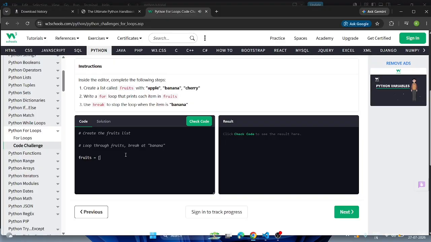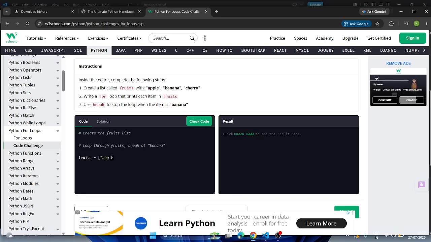Create a list called fruits, because here it is still there. Think of variables as containers for storing data values. So you know that list, it will include in the square bracket. In Python, creating a variable is as simple as assigning a value to it. So there are some names, some values: apple,